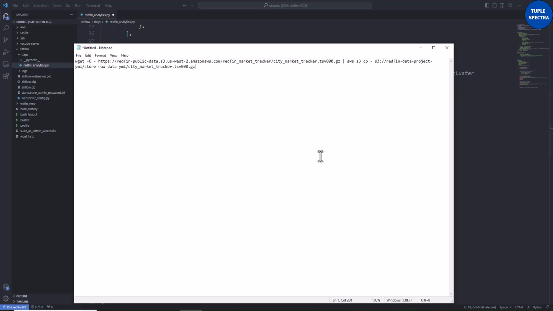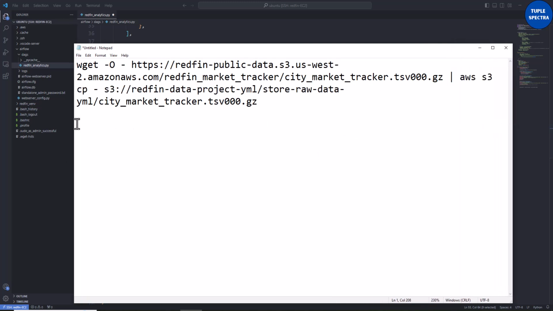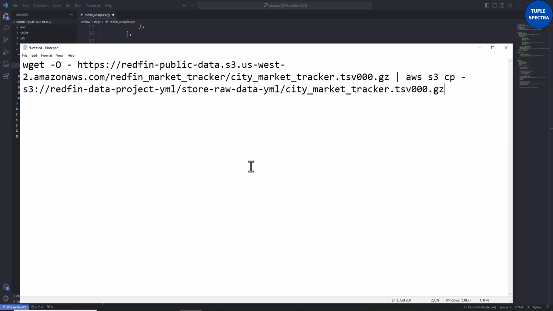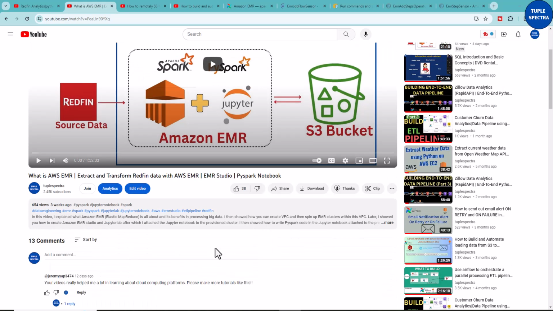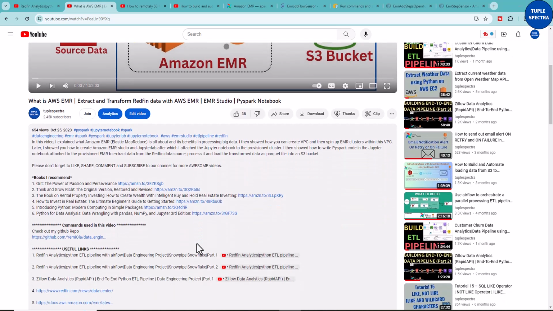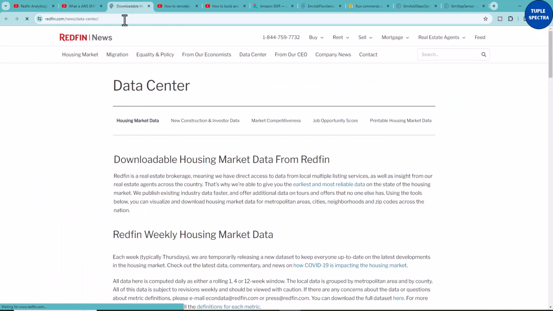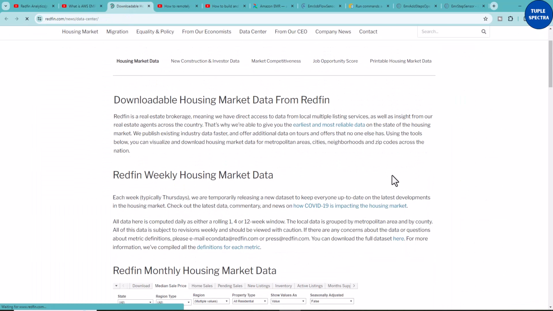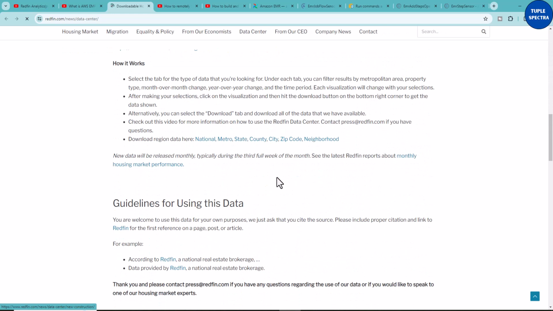So this is, let me make it bigger. What I'm doing right here is using a wget command, and by the way, I also explained this in my video right here. Let me see if we have the link to the Redfin center. This is the Redfin center. If you want to download the data, if you come to this link, I will give you that link in the description below. If you come to how it works,